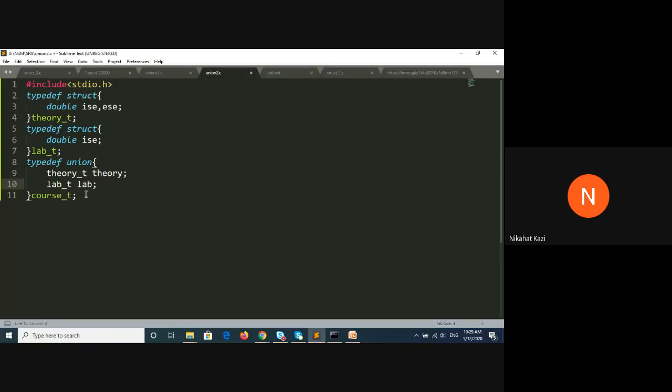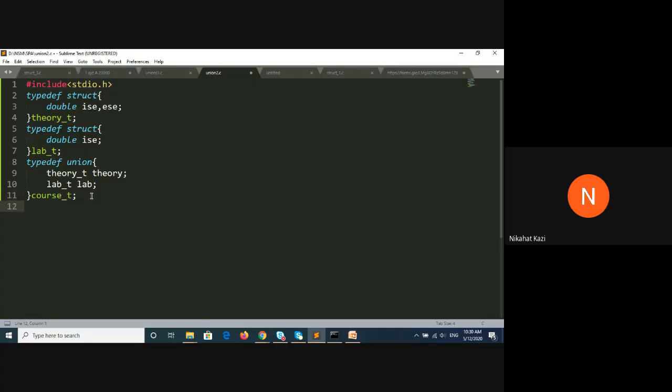So if the course is a theory course, then we will display the ISC as well as ESC marks. If it is a lab course, we will display the ISC marks only. Okay. So now, we simply have to do that.